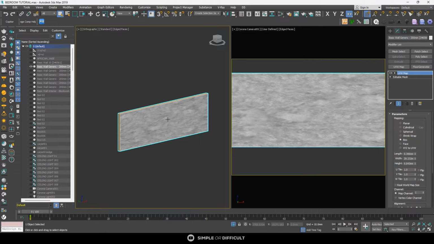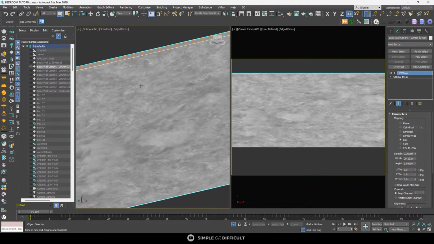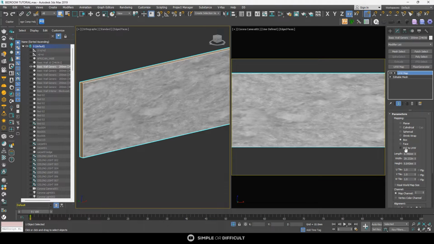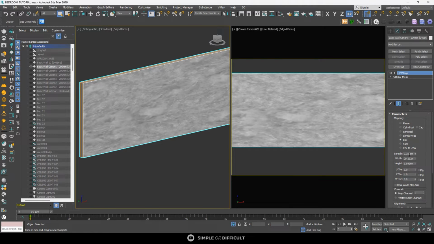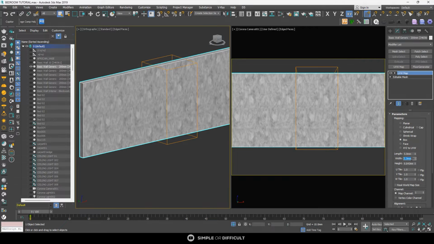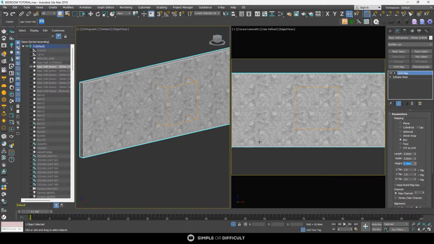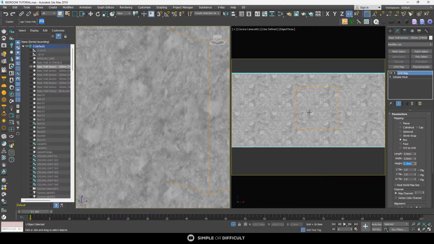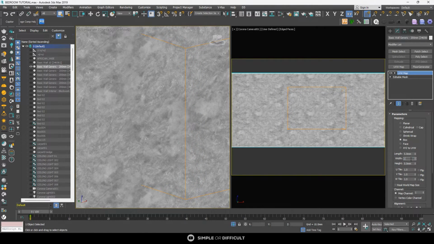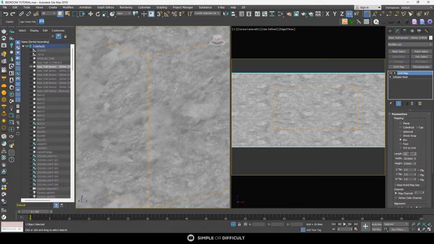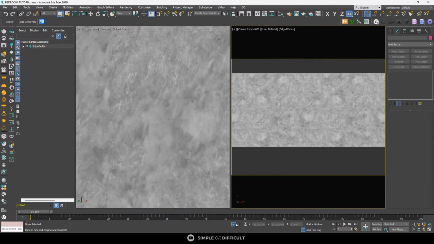All right, so we need to work on this material in a way that I'm comfortable with it. So I'm going to make it 5. Okay. Maybe not 5, maybe 10. Okay, everything 10. All right, so